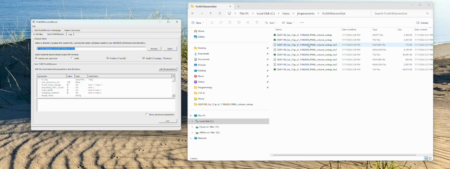All right, now that FLASHDeconv has run, it has generated these files shown here. The MS1FT and the feature file. These are feature maps that I'll explain a little bit later on. This is the TSV file that is generated, and then there are two other ones that are broken down based